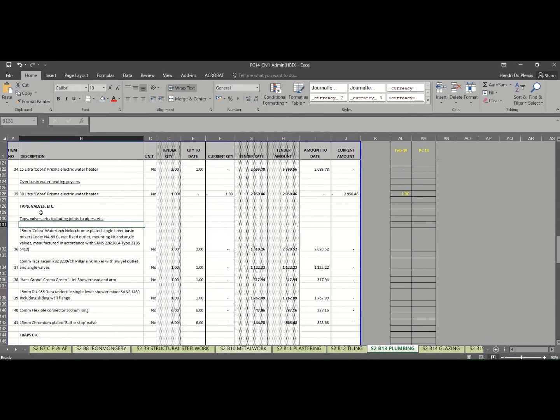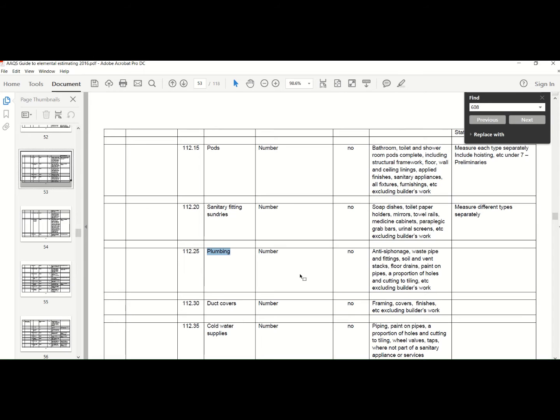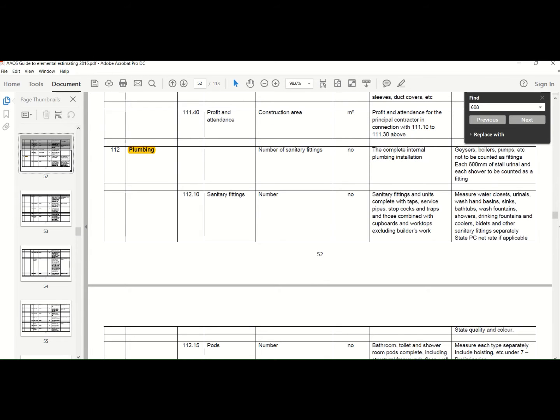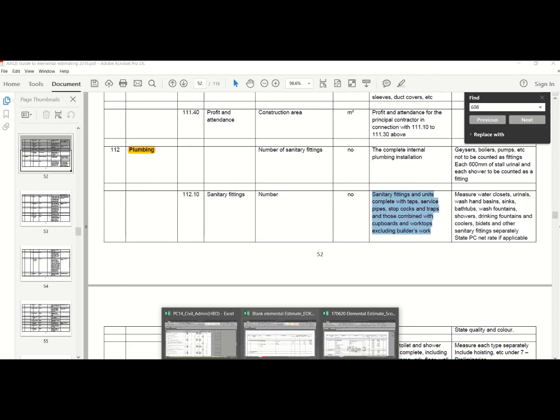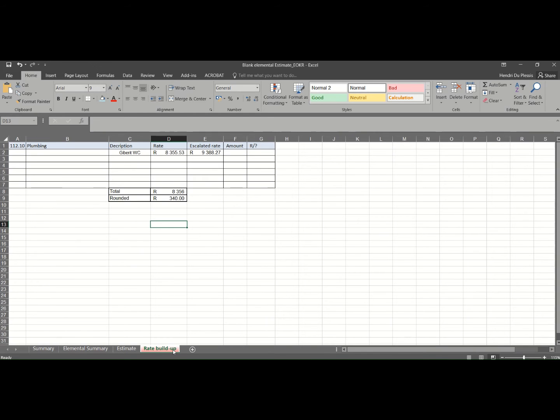Okay, and then we get to taps, valves, etc. This should be included with your hand wash basins, etc., because if you go to your sanitary fittings, you would see sanitary fittings including units complete with taps, services, pipes, stopcocks, etc. So what you would do, for instance, here in your rate build-up would be